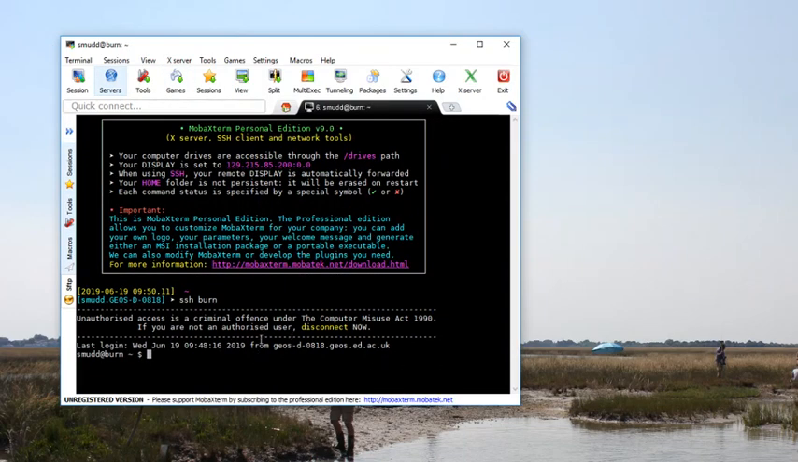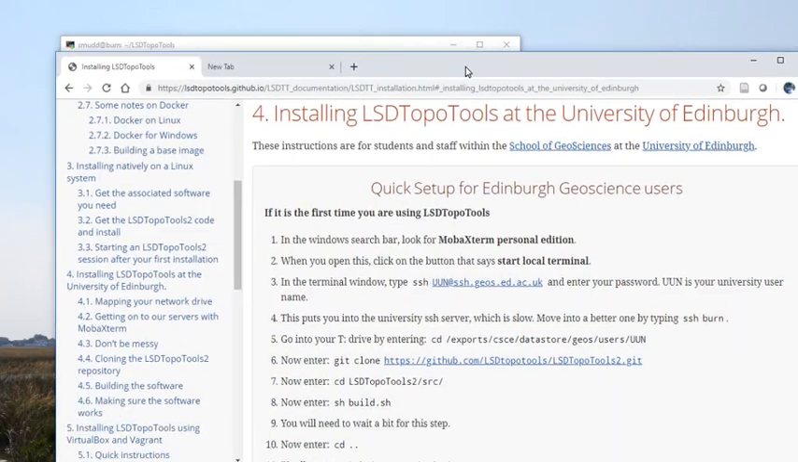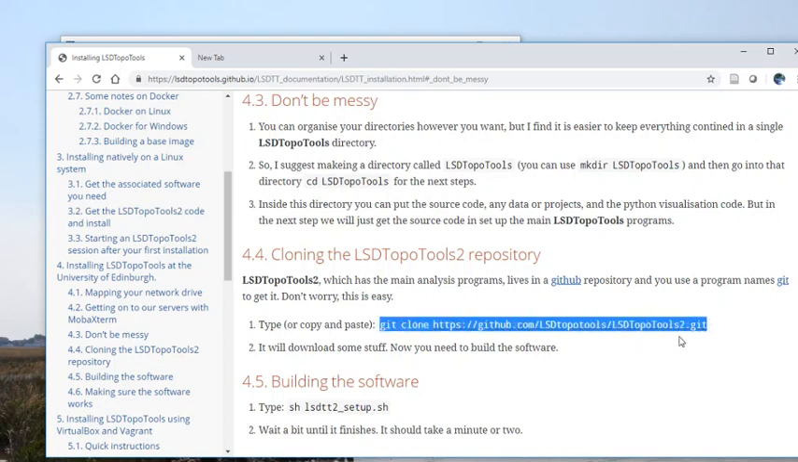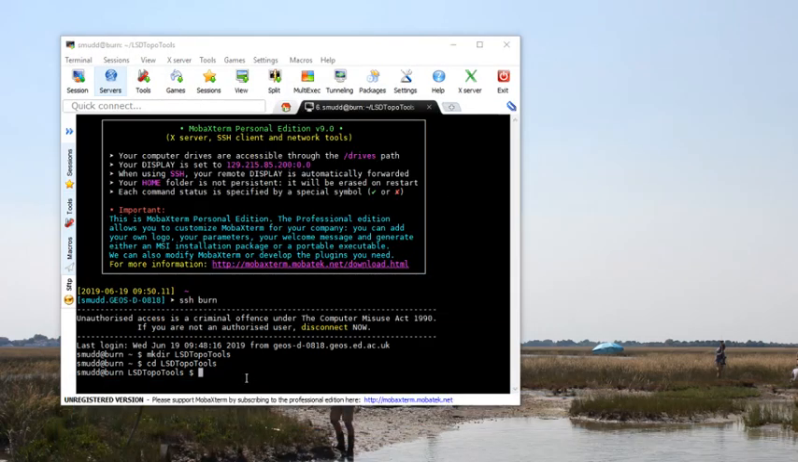What we can do here is, so first we can make a directory to hold everything. So I just make a directory to hold all my LSDTopoTools stuff. Okay, and I'm going to go into that directory. So I'm now in the LSDTopoTools directory, and basically I'm got to the don't be messy stage. Now all I'm going to do is I'm going to clone the main LSDTopoTools